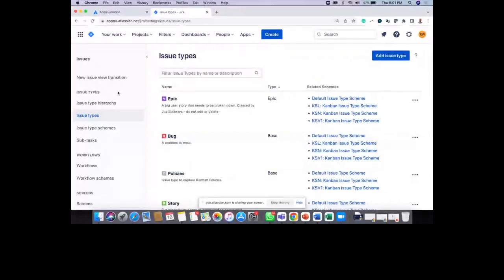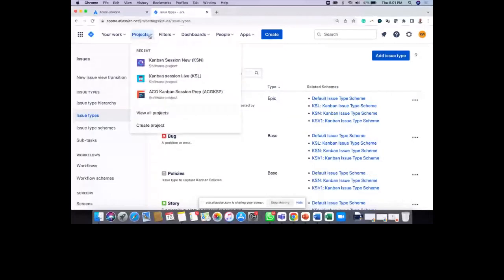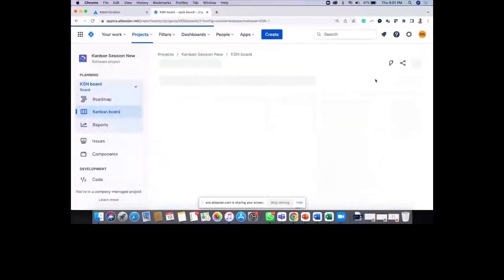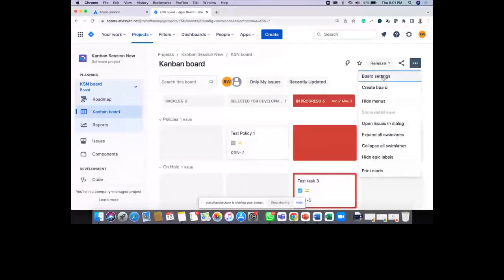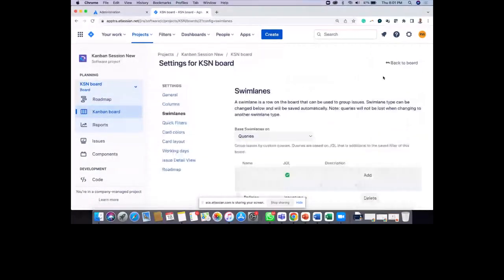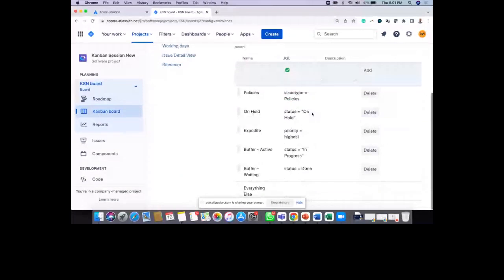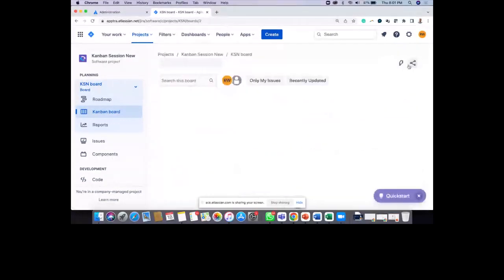And if I go back to my project, to my board settings and swim lanes, basically what I've done is I've added a swim lane where my issue type is equal to policy, right? Again, this is a problem simply because this gets counted in our WIP limits once again.